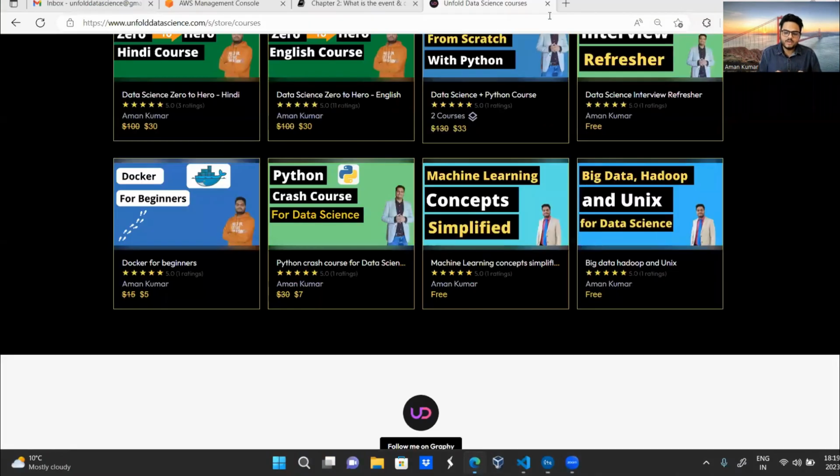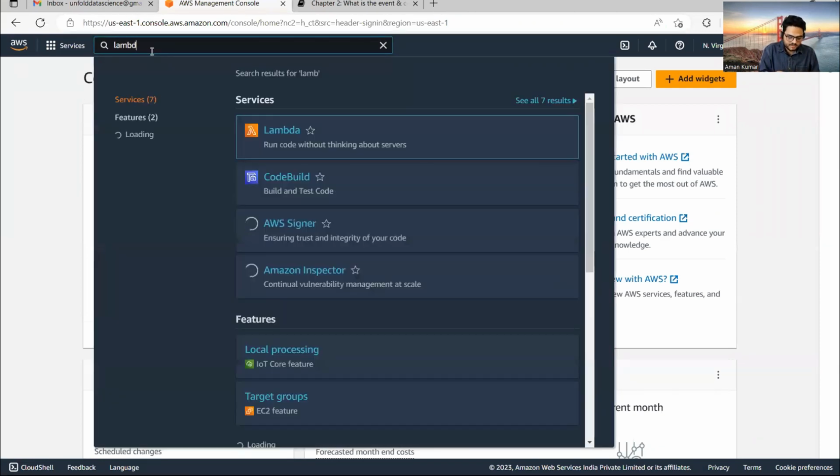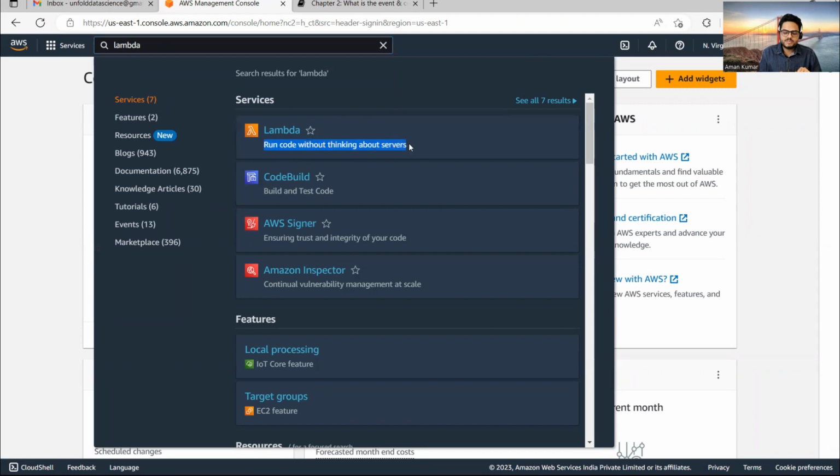Let me close Unfold Data Science. This is my Management Console, and I will go here and say Lambda. The moment I say Lambda, you can see: run code without thinking about servers. As I was telling you, as a developer, you need not bother about how much space or CPU or OS you will need, just the code. Click on Lambda,